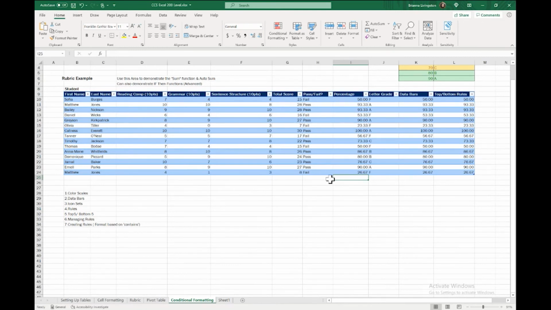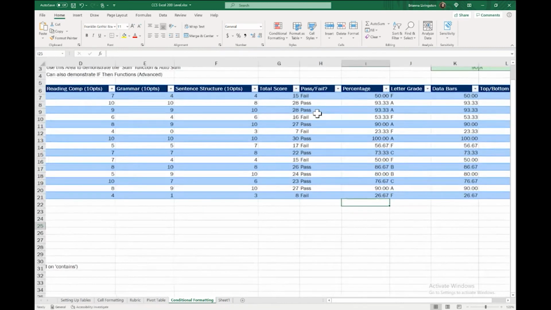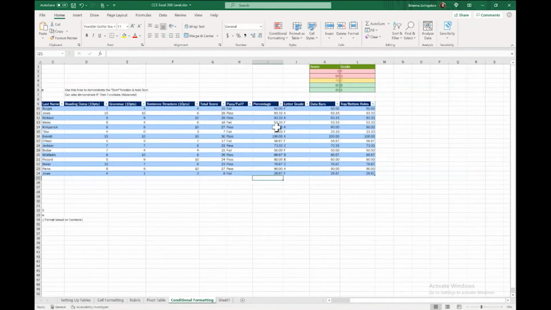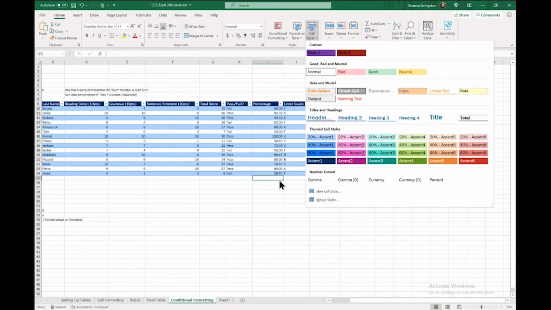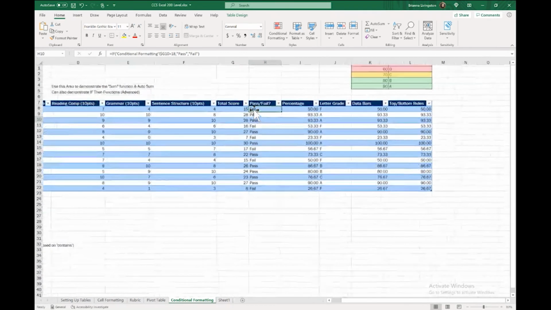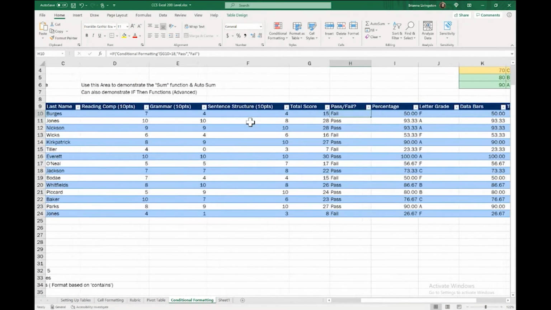Okay, so I want to identify anything in my table that says pass. I want that to show up green. So even if I add new rows, I add a new student or whatever, and it says pass, it will automatically apply that formatting without me having to come up here to cell styles and apply that style every single time new data is added. Okay. And for fail, I want it to be red. I feel like this is really small, so I'm sorry.